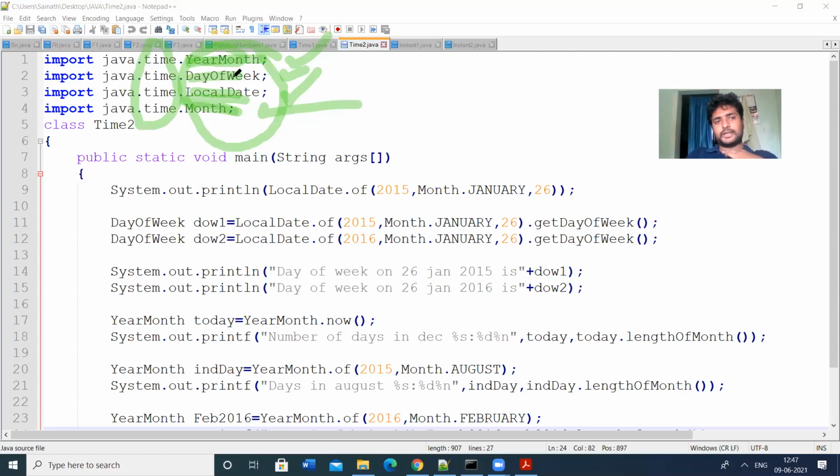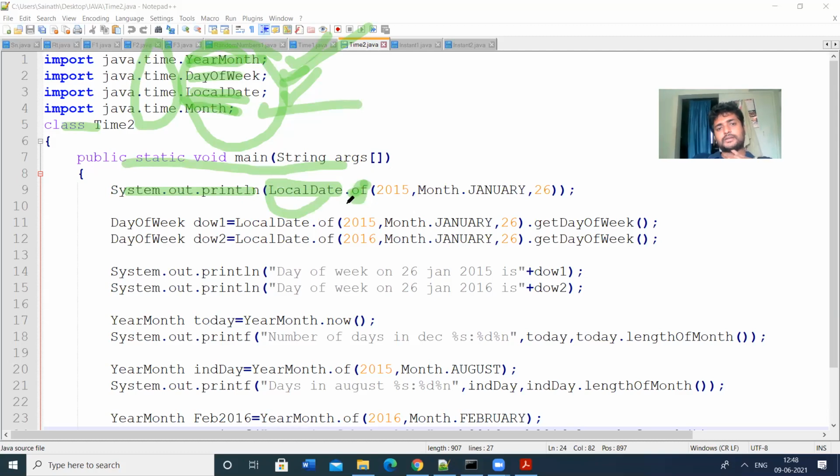This is not a DayOfWeek. So let us see what this class is. Let us see the program. So main class, main method. Then I am displaying something, System.out.println. LocalDate, the class name is LocalDate here. LocalDate is a class. So class name dot of. We are using the prefix method of. We can directly use the prefix method of.